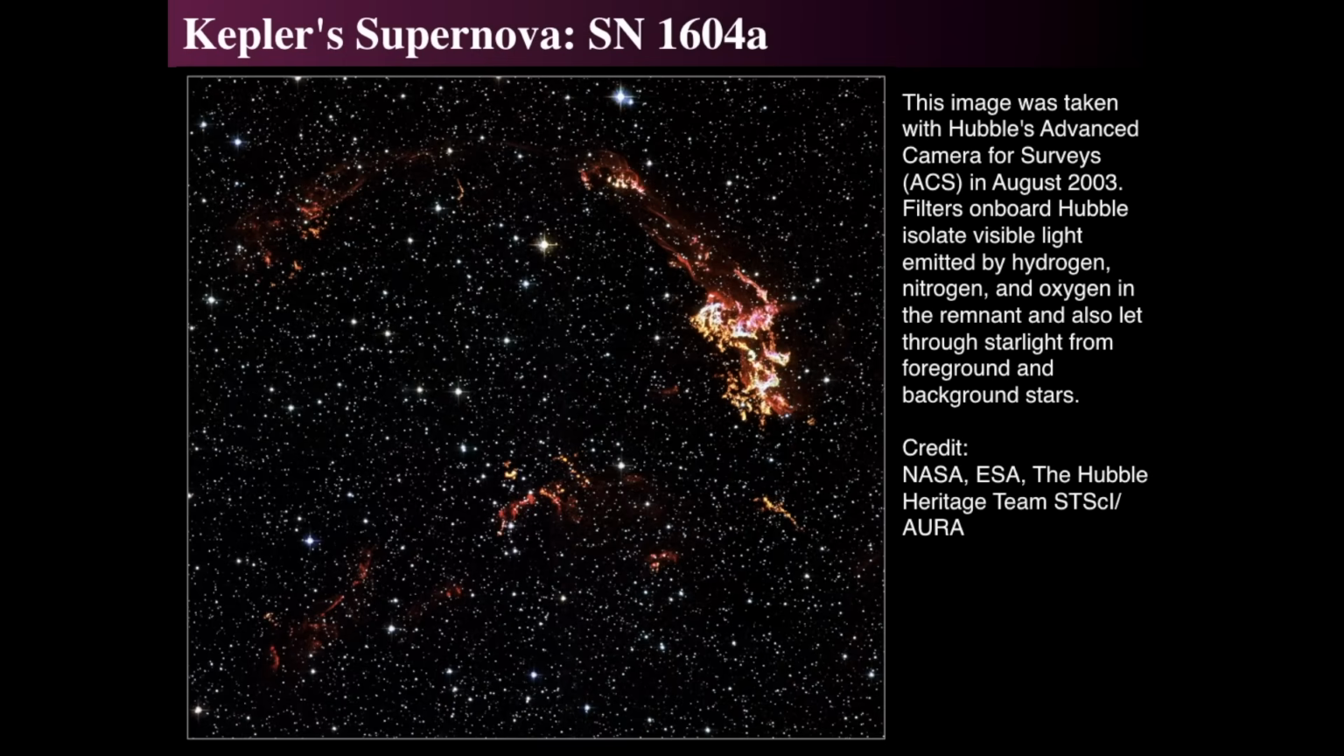Well, subsequent to that, the Hubble Space Telescope did a good observation of Kepler's supernova 1604A, and this is the view with the Advanced Camera for Surveys that was done in August 2003. Hubble took a bunch of images in various narrowband filters that allowed it to look specifically at the light emitted by hydrogen, nitrogen, and oxygen. That's what you'd look for in a nebula such as this, because it won't be a thermal nebula, so you don't use a wideband filter, you use a very, very narrowband filter